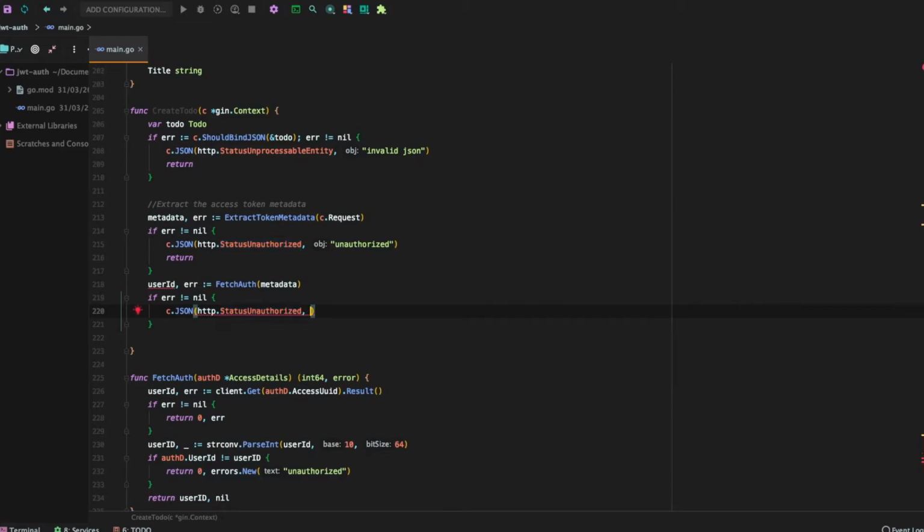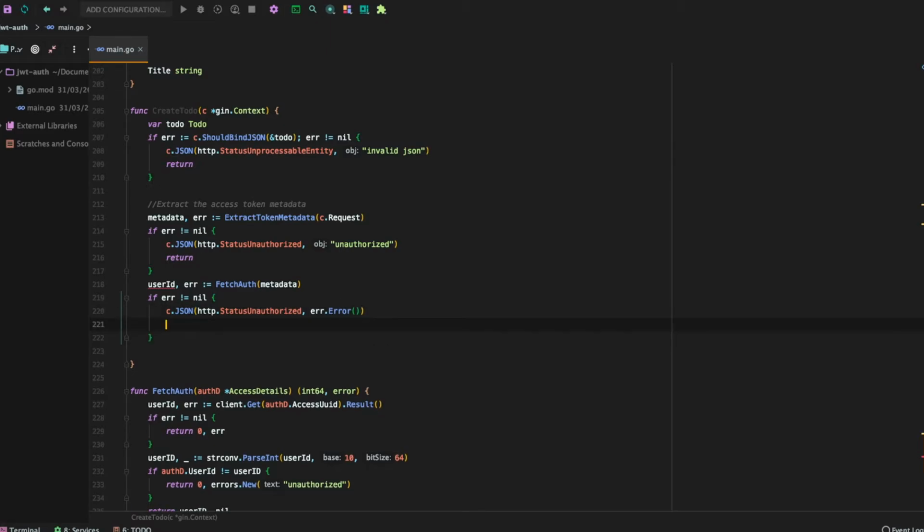Then we're going to return the error. Let's return the error string like so. Remember, we've already defined the error here. So if there's an error, return this. If there's an error here too, also return this. So having returned the error, let us put the return statement here to terminate the script. Then the next thing we're going to do is